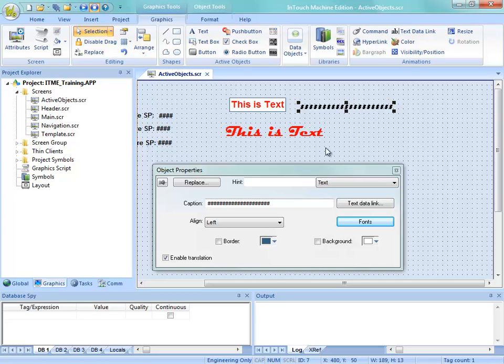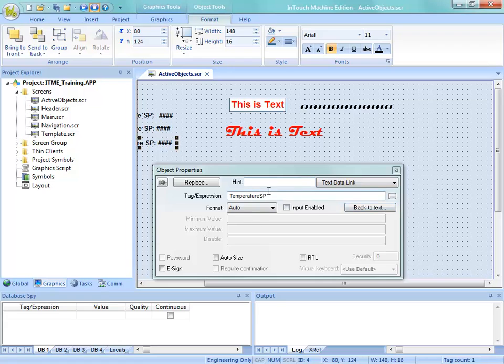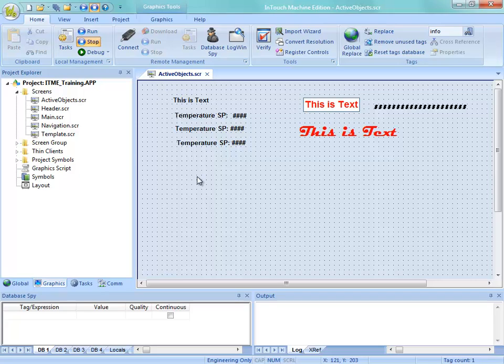So let's see, that's really all I wanted to show you on the text. When we start talking about the text data link animation, we'll talk more about that in the animations video, because I'm not going to cover that in this one. This is really only talking about the object itself. So let's move on to the